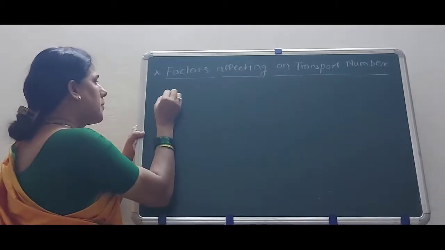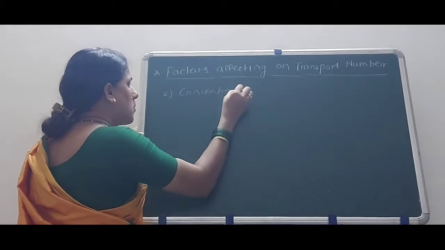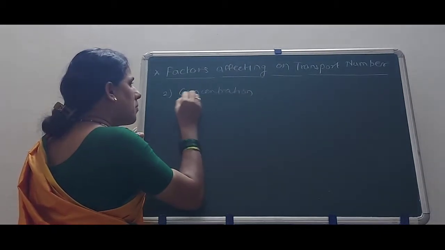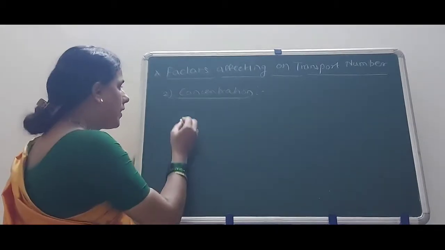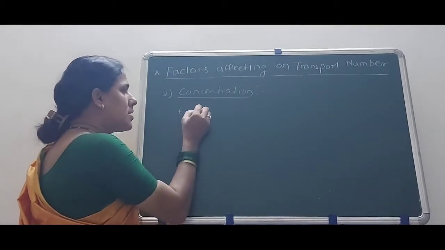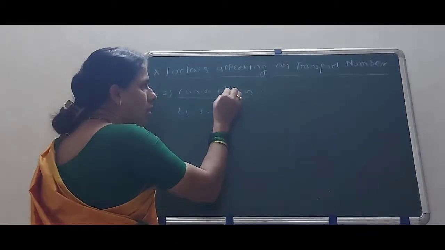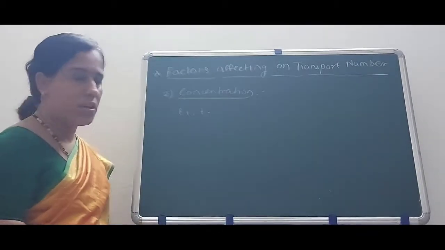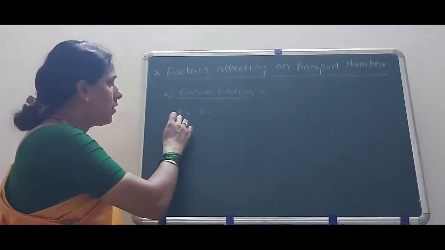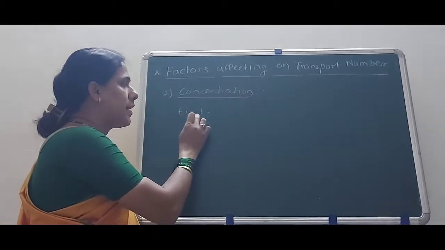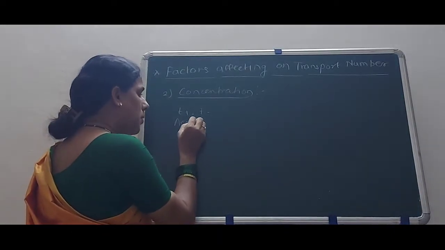Second point, concentration. The transport numbers of a cation and anion, T plus and T minus, are markedly affected by concentration. In other words, concentration has a marked effect on the value of the transport number of the cation and the transport number of the anion. According to